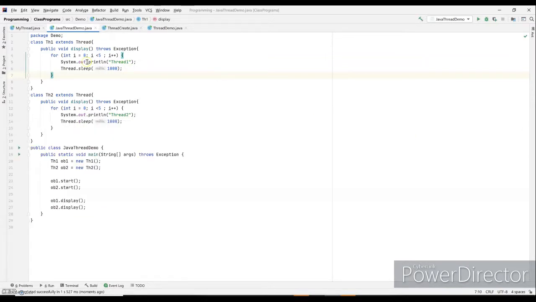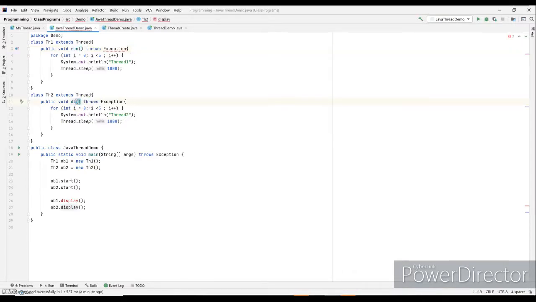This is because thread is an inbuilt class of Java, and in order to make a function get associated with a thread, the run function is to be overridden. Display is a user defined function, and it will be belonging to the user defined class, that is th1, but not the super inbuilt class, that is thread. So I would replace display with run.